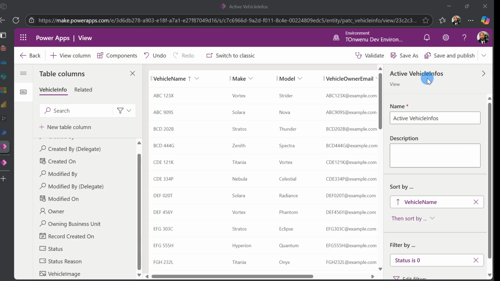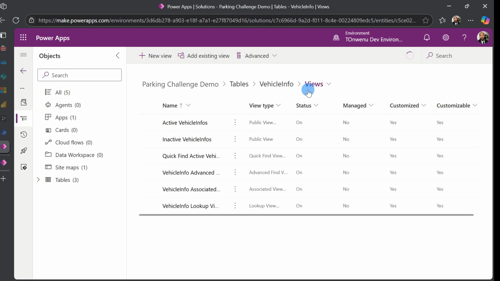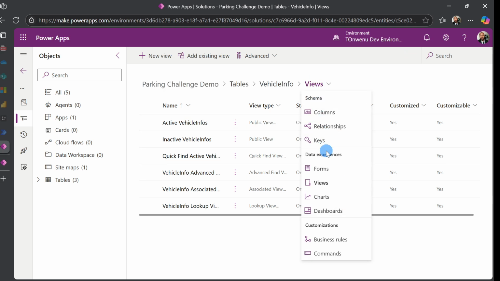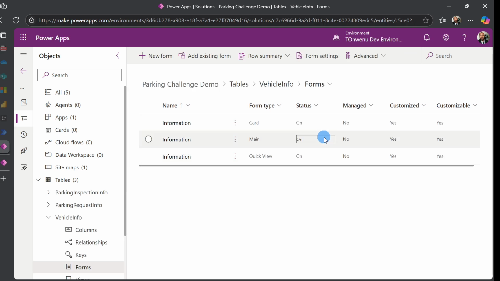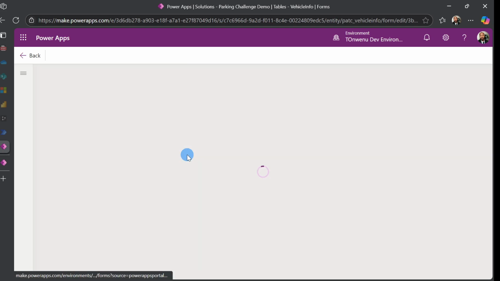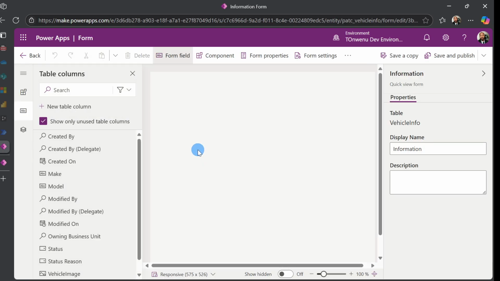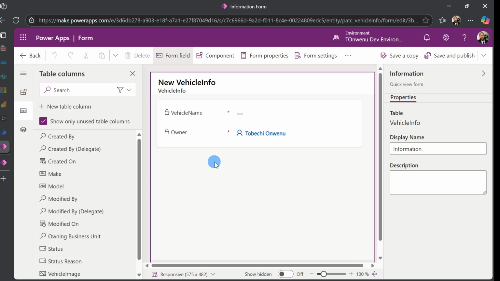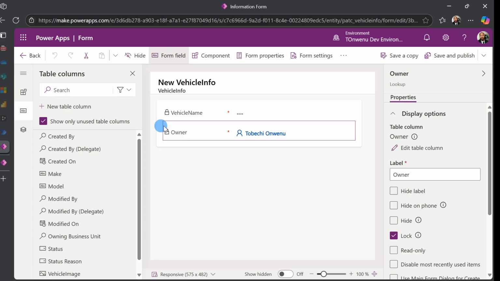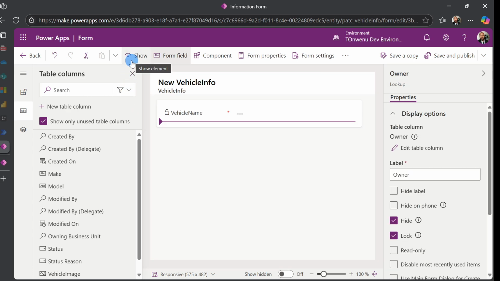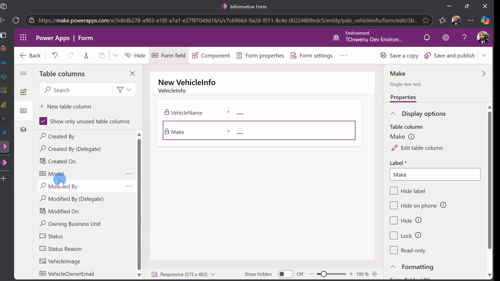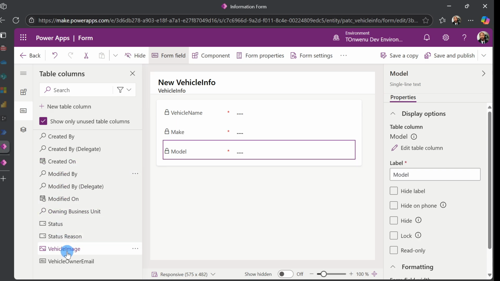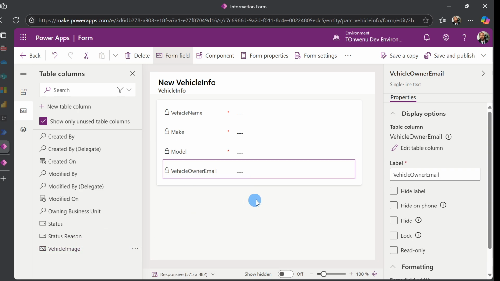And once that's saved and published, just go back. And this time around, we're going to jump into the forms next. Select the forms. And I'm going to jump straight into the quick view form first. So once it opens up, let's hide this guy first. And then we add the make, we add the model, and we're going to add vehicle owner email too. So once that's done,